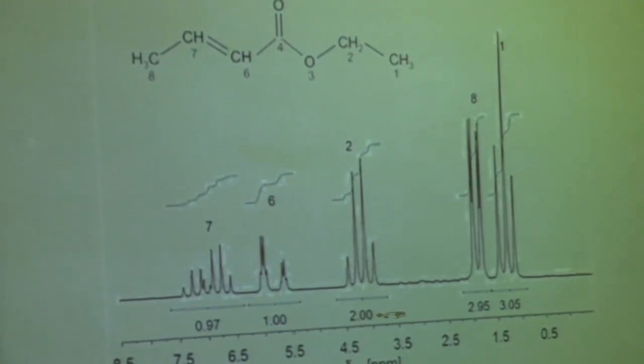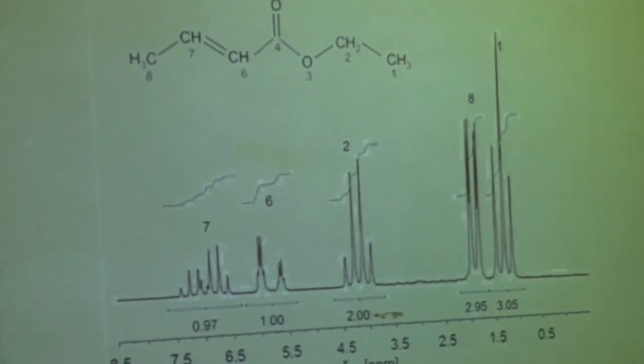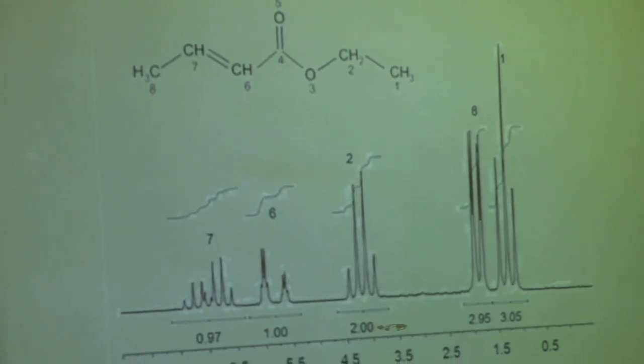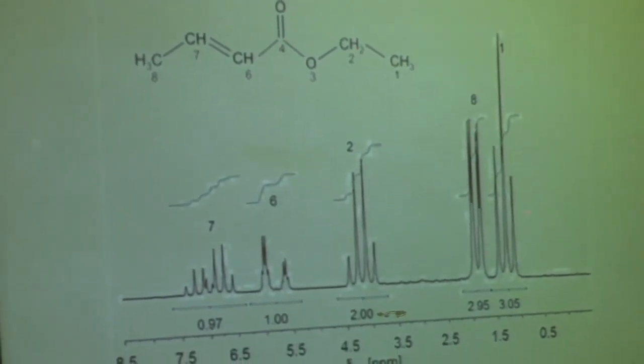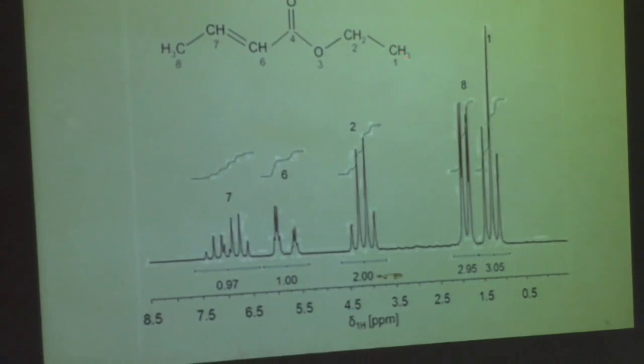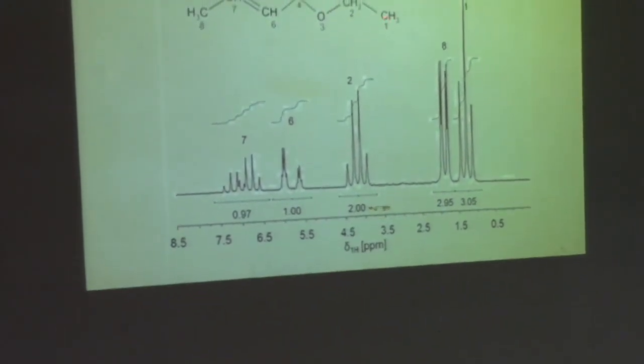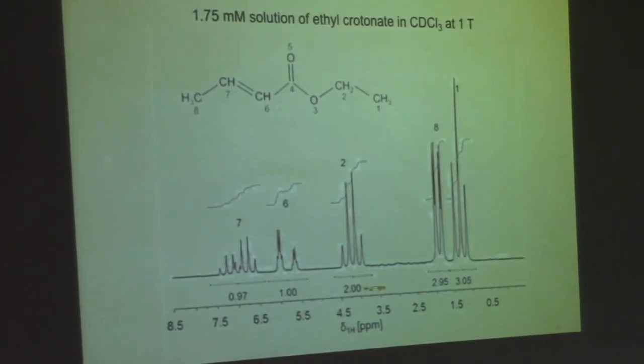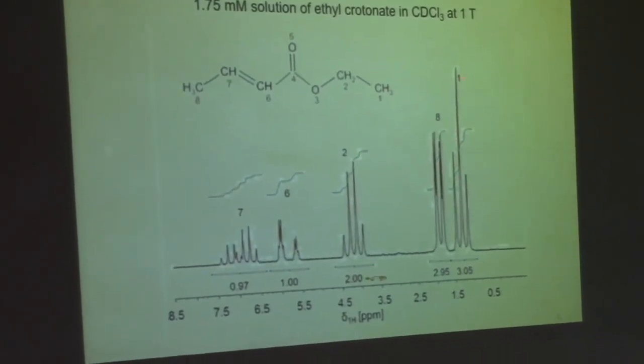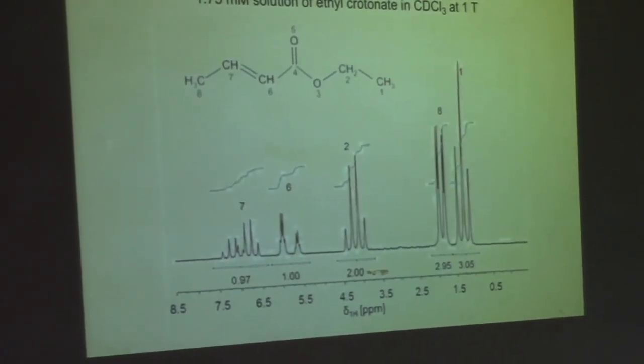And this one is 2 protons, and the CH3 group would actually split into a triplet. So in fact the triplet is seen over here, so that must be the CH, this line, because it's a